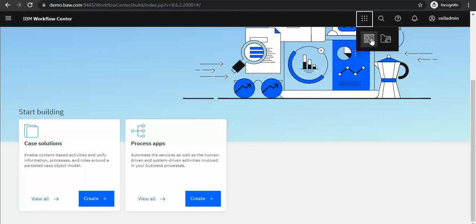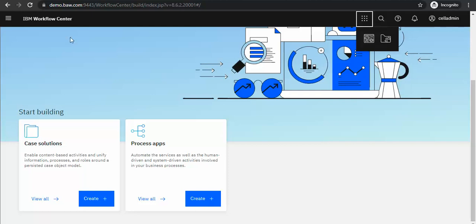So we have two different views basically, and this one is saying classic workflow center and this is classic case builder. So those who are familiar with the classic software of case builder can go directly from clicking here, and those who are familiar with the classic BPM development can directly go from this icon.